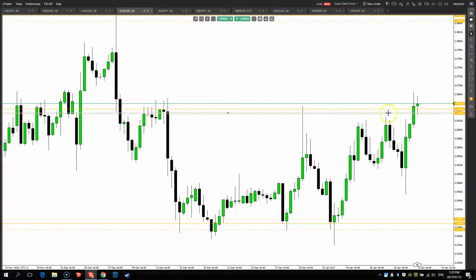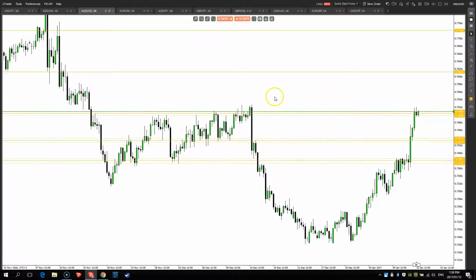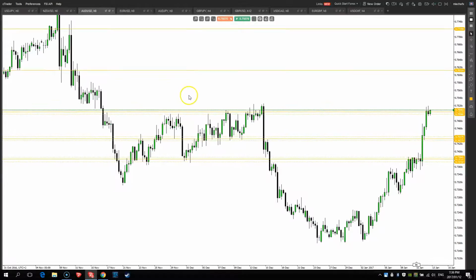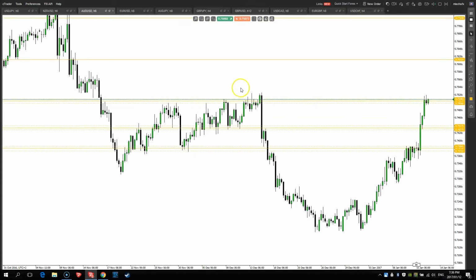So I would consider trading this, but there's an even better trade setup occurring right now, and that is happening on the Australian dollar US dollar chart on the 6-hour chart, but also on the 4-hour chart. I'm going to look at the 4-hour in a second. So this support and resistance area is a bit more choppy than I would